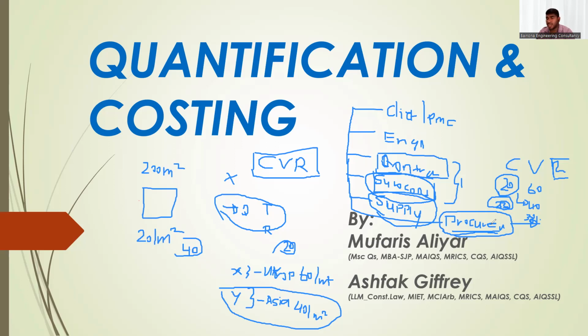He will tell the client, okay, my contractor is expecting in August this much of money, in September this much of money, in October this much of money. Accordingly, the client will arrange the finance from the bank or from individual to pay to the contractors. So this is how the life cycle of the project goes.